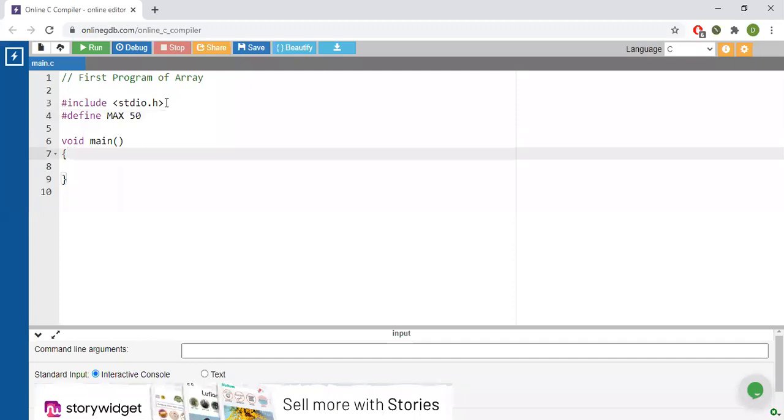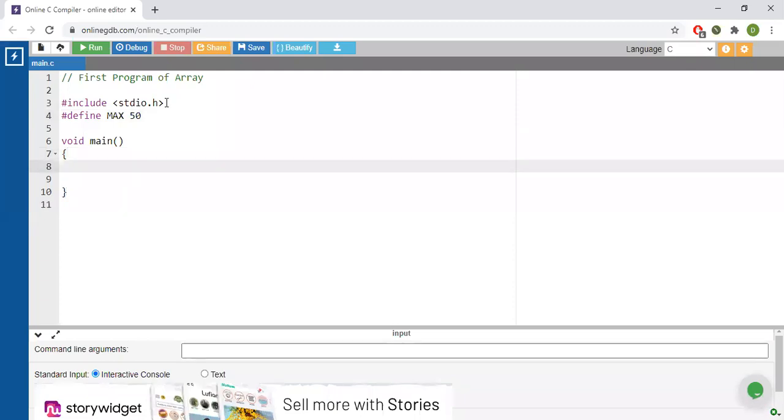Let's go into void main. We know now that we have to declare certain variables. So first of all, I am going to declare my array. Normally we have a habit like this, right? int arr bracket 50, which means the size of the array. So this array is of size 50. Instead, now I am going to write it like this.